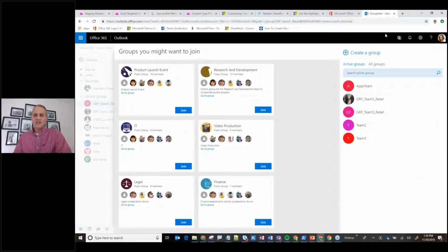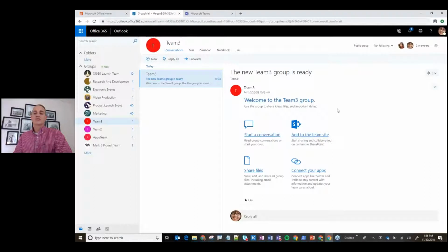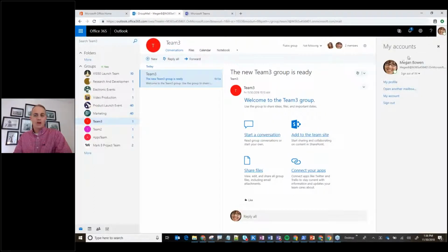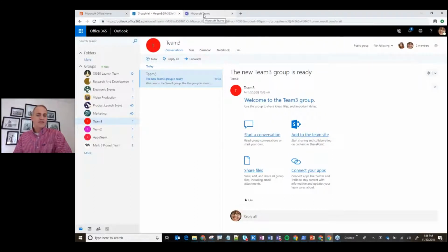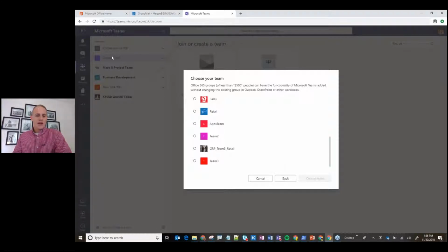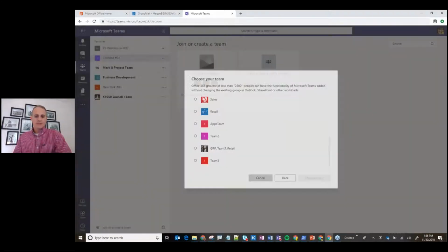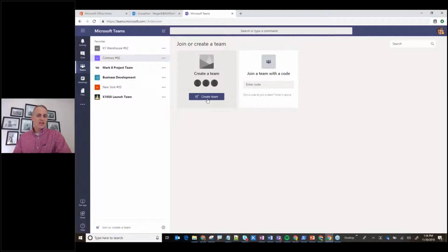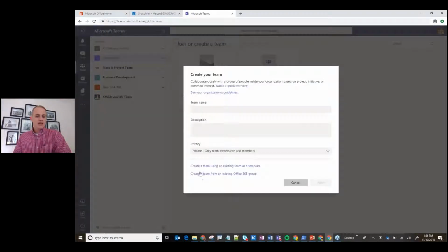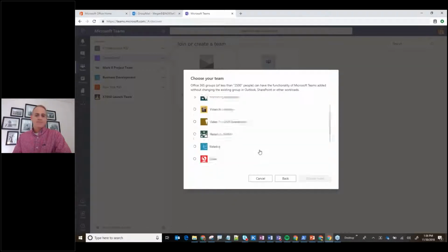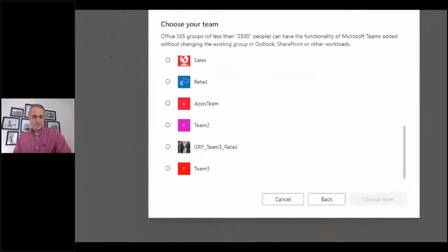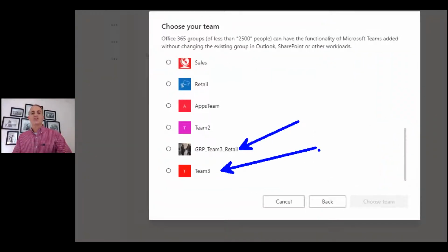And you can see this is working inside groups. But if I switch over to a browser, I've just changed users. So I'm now logged in as Megan here. And if I go over to Teams, here I can create a new team. Let me just go through the interface here. I go to Teams. I could say, hey, let's create a new team. But I can use it from an existing Office 365 group. And here I can see I got those two entries. So it's not just always in a discovery through Outlook, but also through the Teams interface,